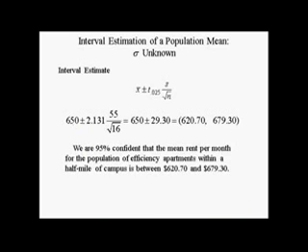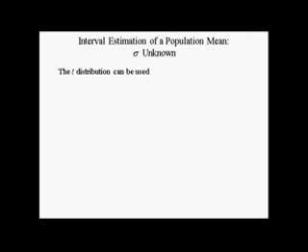We are 95% confident that the mean rent per month for the population of efficiency apartments within a half mile of campus is between $620.70 and $679.30. The t-distribution can be used to estimate the interval estimate of the population mean mu when sigma is unknown